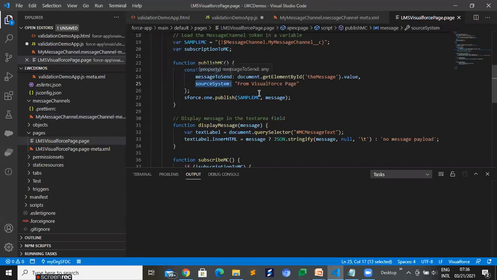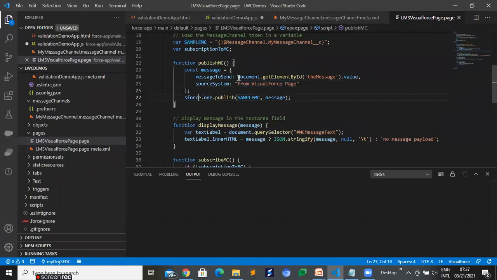So when we click on publish, whatever we write in the text field, we are just fetching the value and assigning it into message to send. And source system, from where it comes. So it comes from VF page. We just specify one token so that we are able to know from where we are getting this particular message, and we are just publishing it.